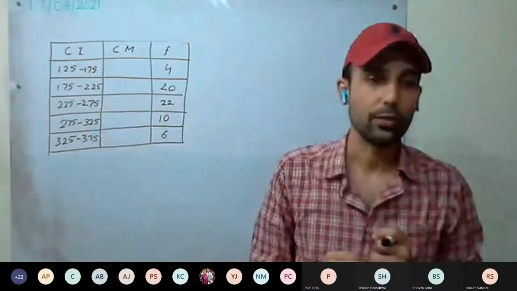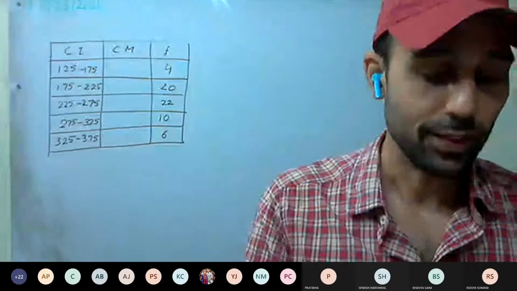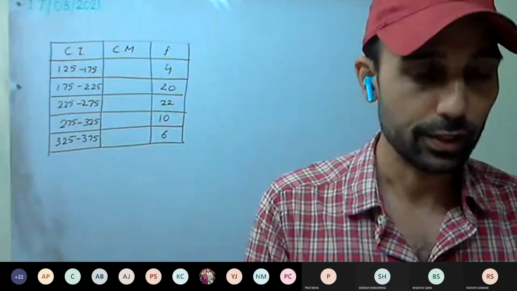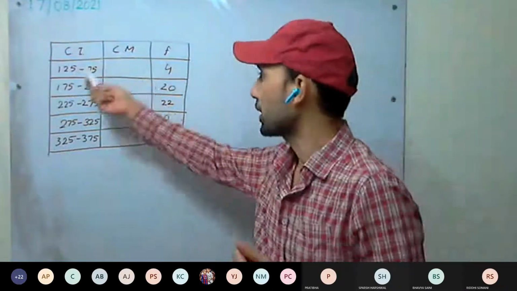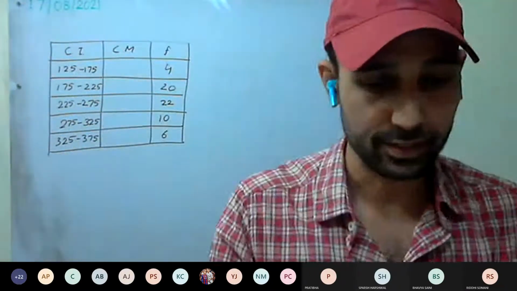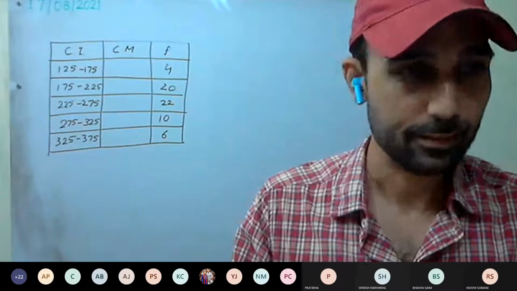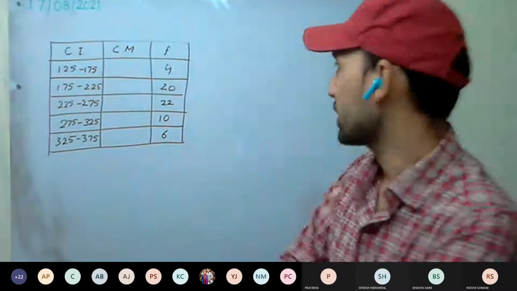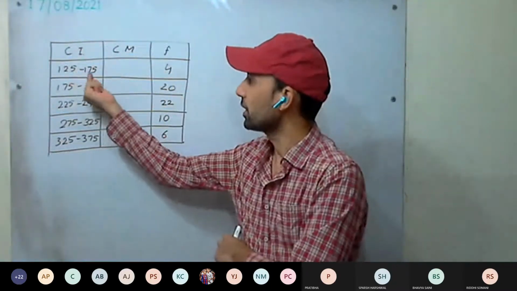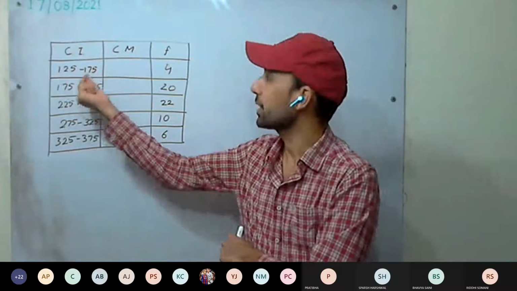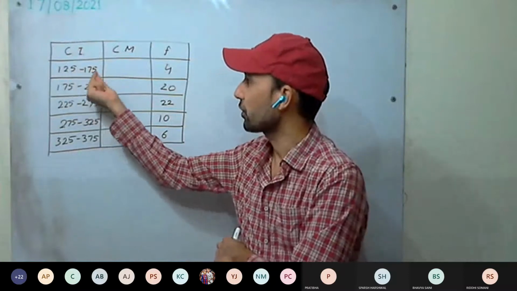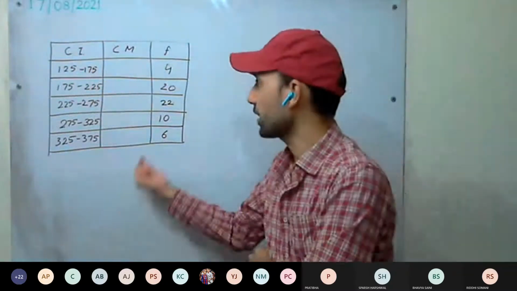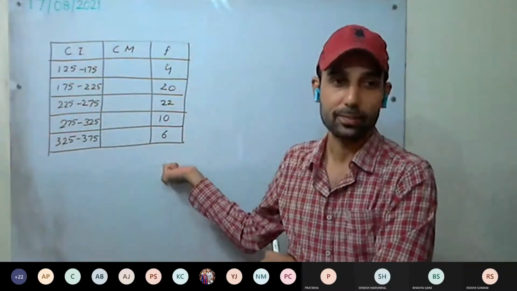in those class intervals. What can you infer from the data? What kind of factory is it? Is it providing good wages to the workers, or is the factory exploiting them? What do you think? So this is not good. You can see poor workers are getting only between 125 and 175, this much money for the 8-day work wage. So it means this factory is exploiting the workers a lot.